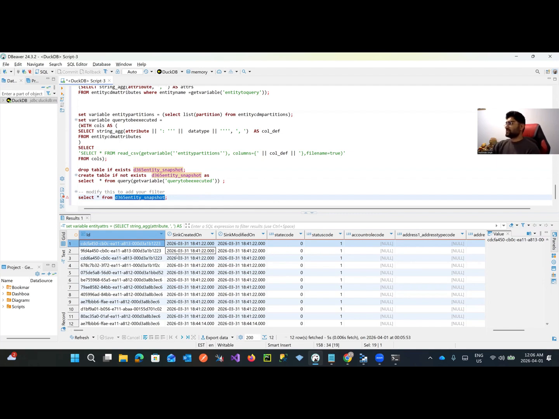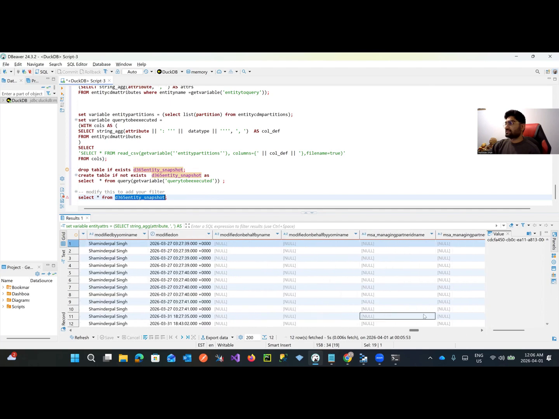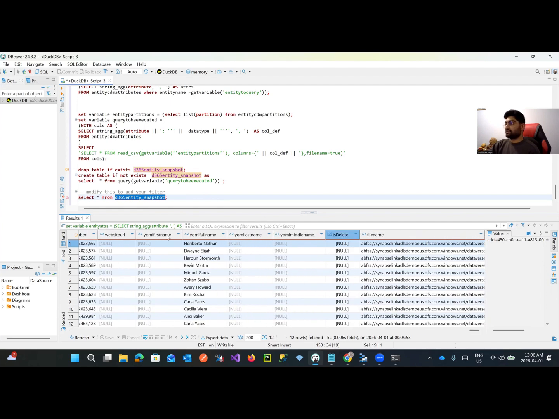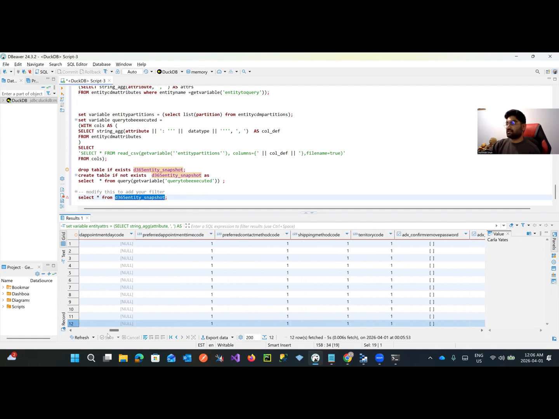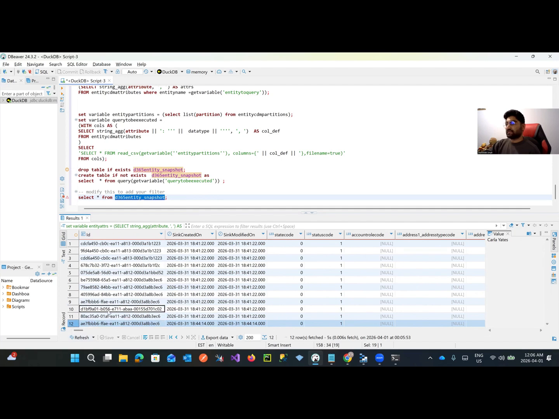So now this information is coming from those partition files, and over here you can see it has successfully mapped the column names to the CSV, and now I can do queries on this data. Let's say this guy Carla Yates is coming twice. This is the first time that it was inserted into Synapse Link, and later an update happened and it got pushed again. So this is where we can do audit also. If I have to pull that guy out,